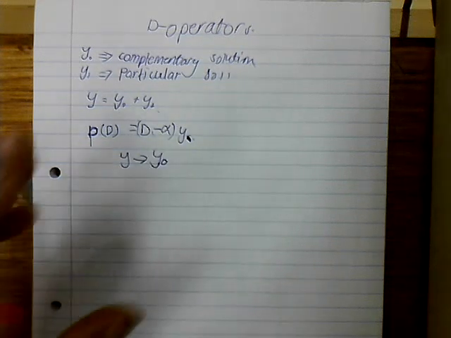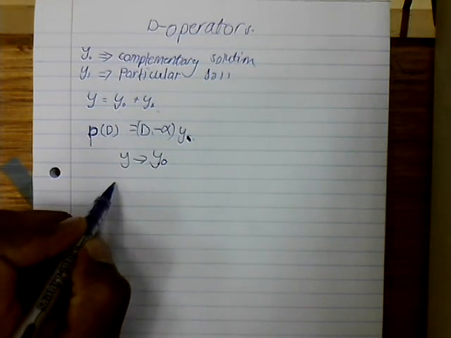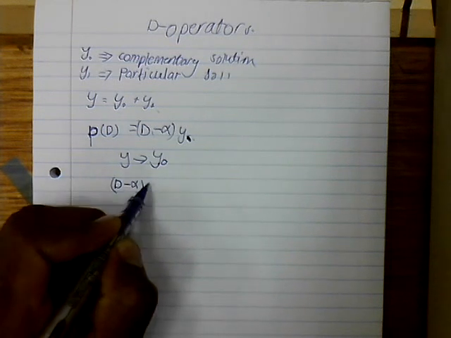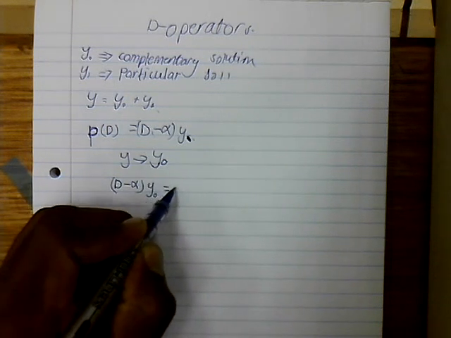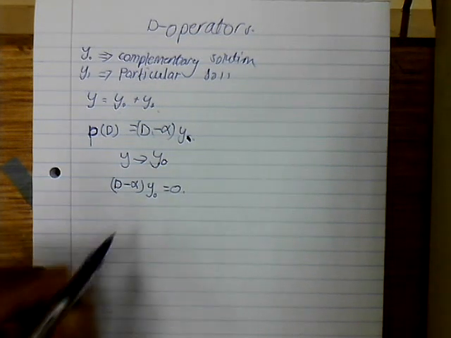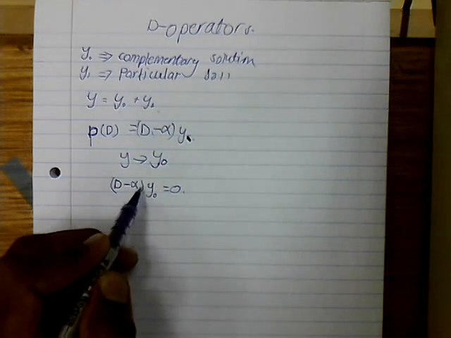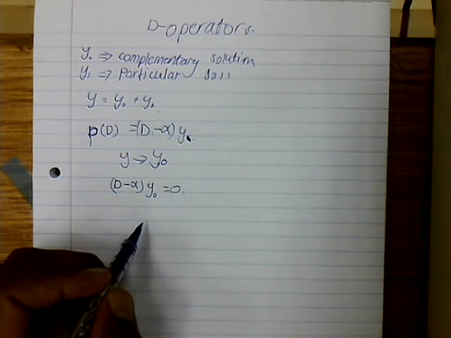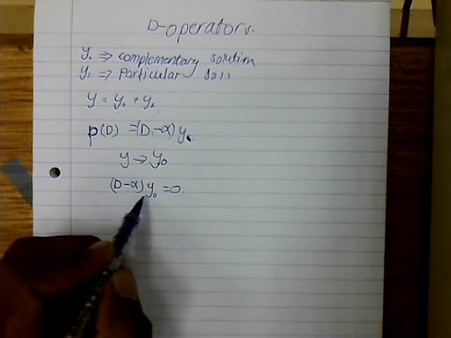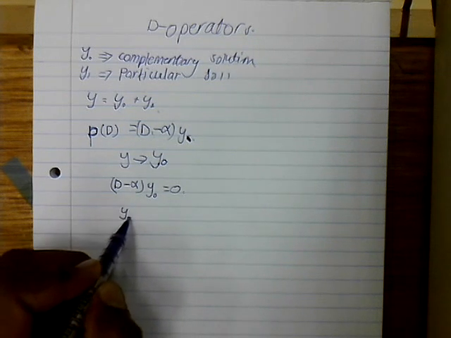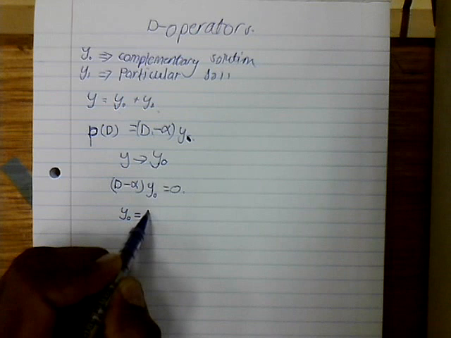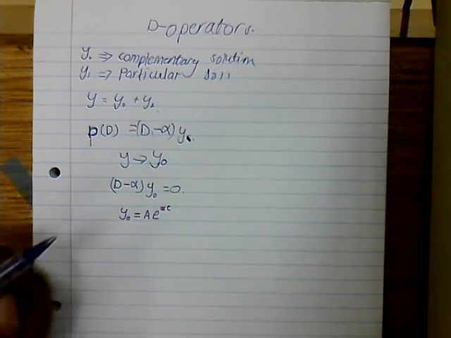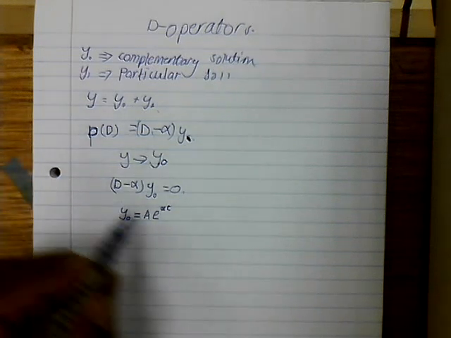Now to work out this, the general formula is D minus alpha, y naught is equal to 0. Okay. Solving this from the definitions, which I won't try to prove. From the definition, y naught is equal to A e to the power of alpha t, given that this t